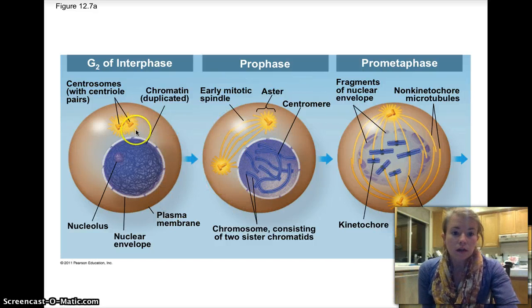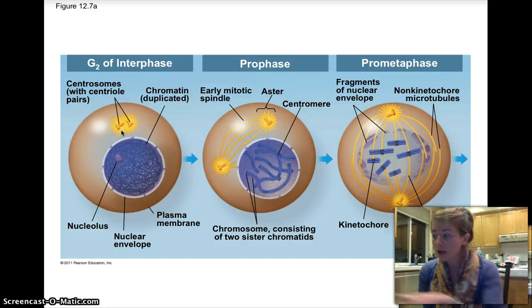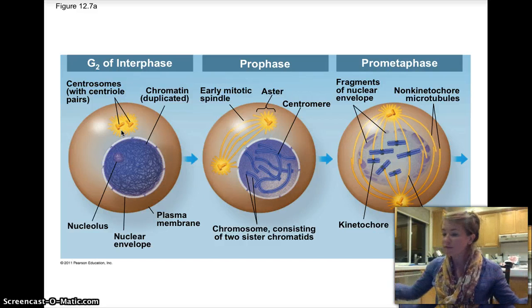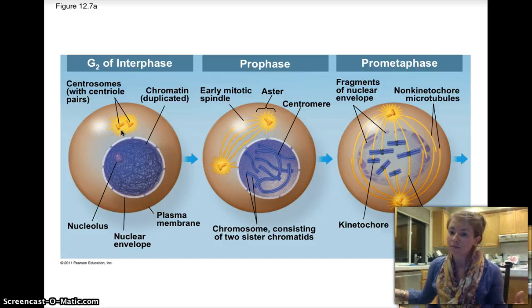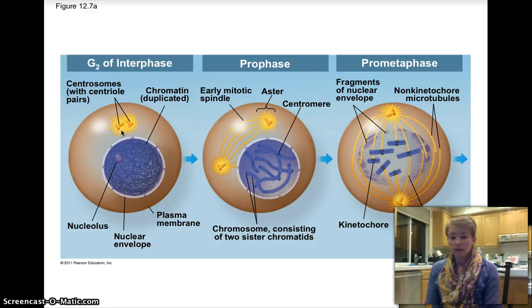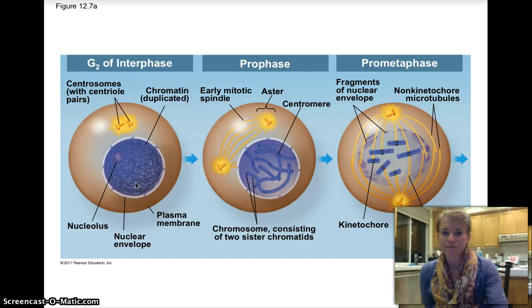So we have these two centrioles, and they make the microtubules. That's where the microtubules get made. We're going to call microtubules the mitotic spindle during mitosis. They are just microtubules. Remember, microtubules are really long fibers, made up of tubulin as the monomer. We can have 5 tubulin monomers, or we can have 5 million tubulin monomers, making a really long microtubule. So that is G2 of interphase, just a regular looking cell. But remember that we have 2 copies of the DNA in here. We've already duplicated it. Then we move into M phase, we move into prophase.